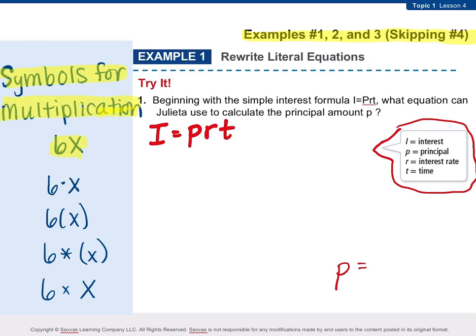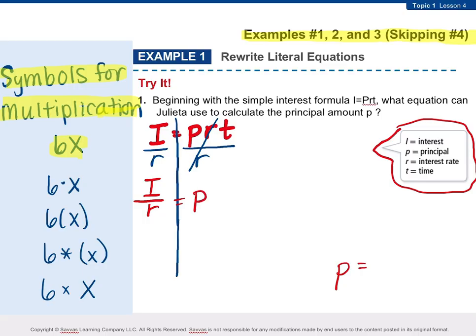We could do this the same way we solve for x. We're going to set up our equation with the line down the middle, and do things to both sides to get P by itself. What does P have with it on the right side that we want to get rid of? It has an R and a T, and they're both multiplied with P. Let's do R first. We'll go one at a time so that we really pay attention to the process. If I want to get rid of R and it's being multiplied, I'm going to divide. When I divide by R, those R's cancel out. If I do it to the right, I have to do it to the left. So now I'll have I divided by R